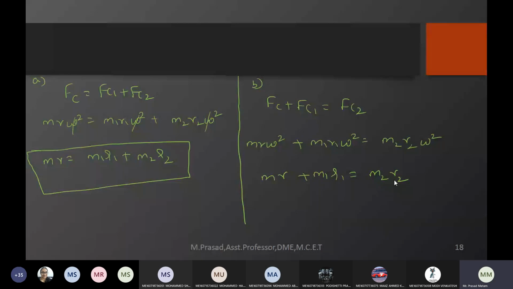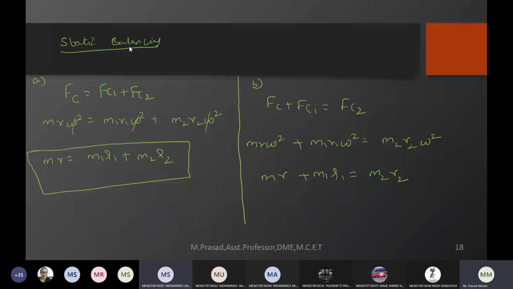Now this is with respect to the static balancing. Now can anyone tell about the dynamic balancing for these two conditions? This is the condition for static balancing. What we have done so far? Sum of all the forces should be equal to 0. What we have done here up to now is static balancing only. You got it? Up to now we have done the static balancing. Now can anyone tell how to do the dynamic balancing?